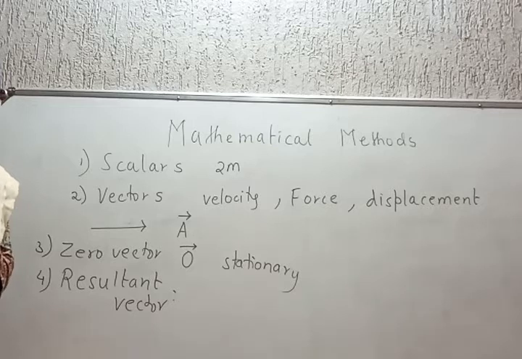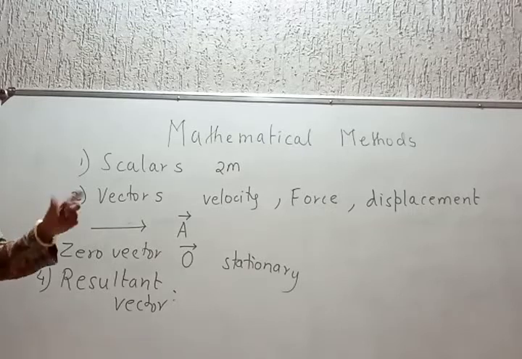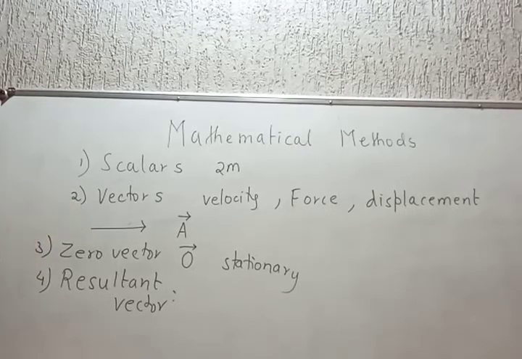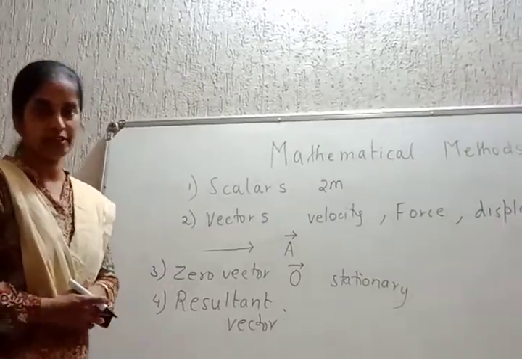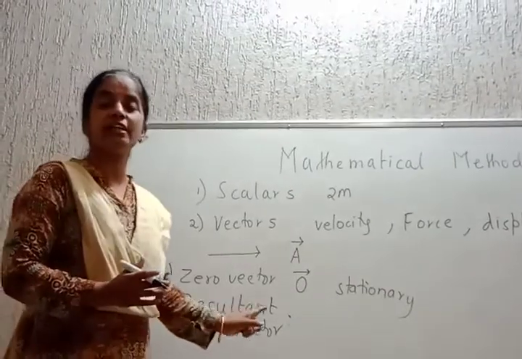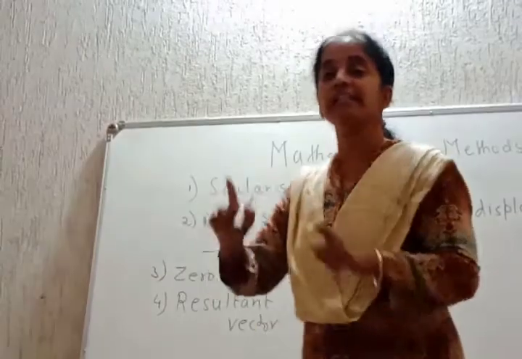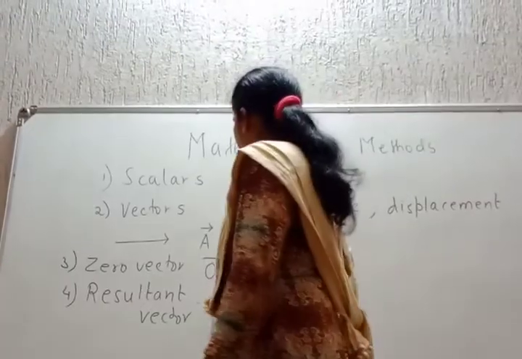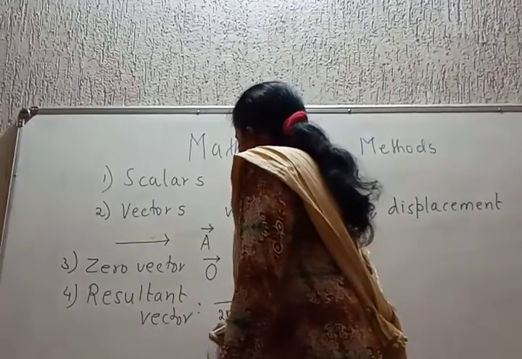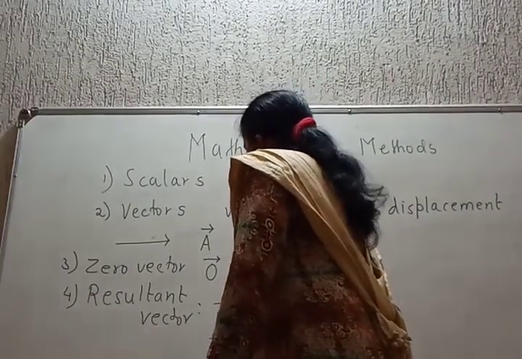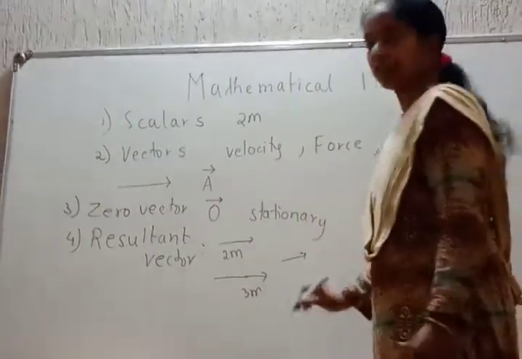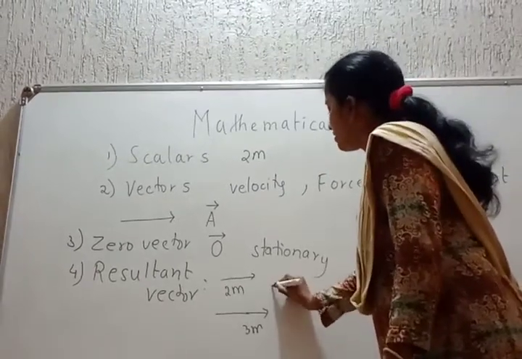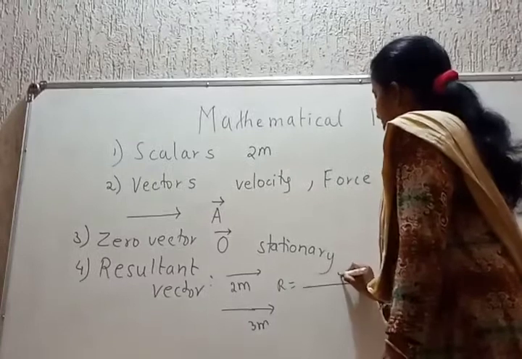Resultant vector of two or more vectors is that one single vector whose effect is same as the combined effect of the two vectors. Suppose you are taking two vectors, you are adding them, then resultant will be so and so. For example, I will take one vector which is 2 meter, another vector which is 3 meter. The resultant किती झाला? Both are in same direction. Add them as per the simple rules of algebra. You get resultant vector as 5 meter.